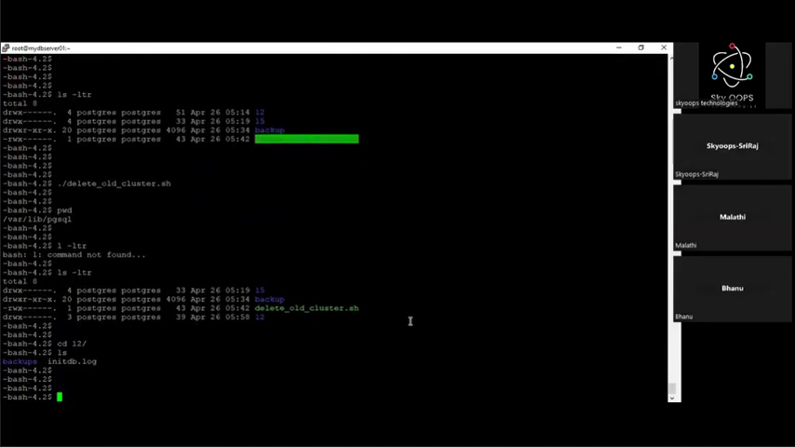Okay, you can see here there is no data directory. We have only backups. So there is no data directory available. If we can see here,